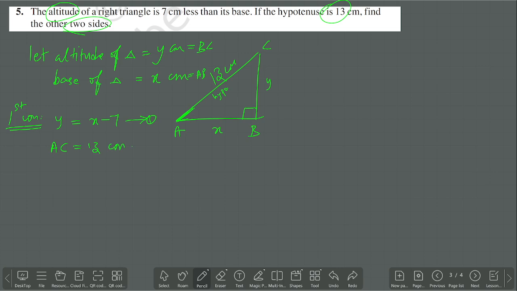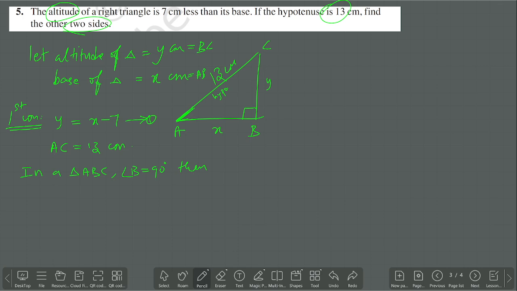Can I go now to the Pythagoras theorem? Because a right angle triangle is given. When we need one more equation, we should bring it by using Pythagoras only. There is no other way. So I'm going for the Pythagoras theorem. In a right angle triangle ABC, where angle B is equal to 90 degree, we have,